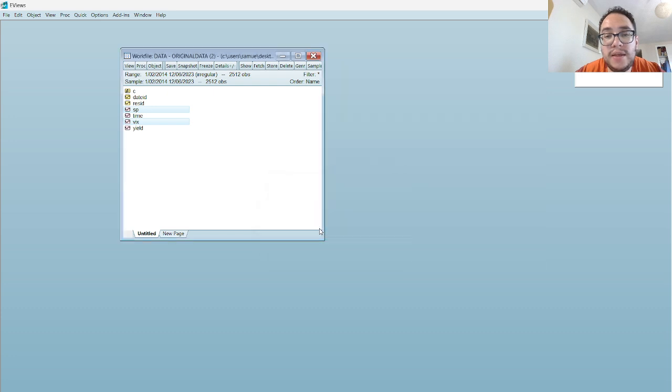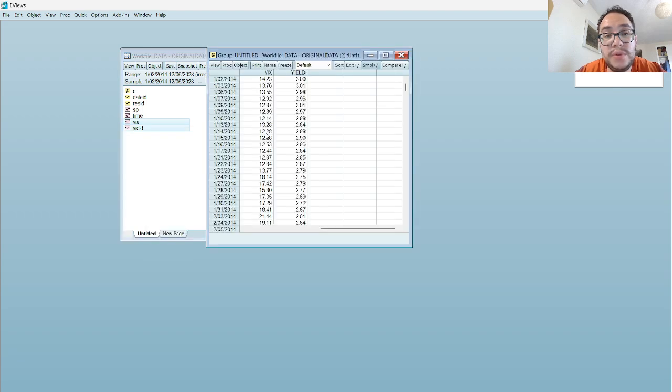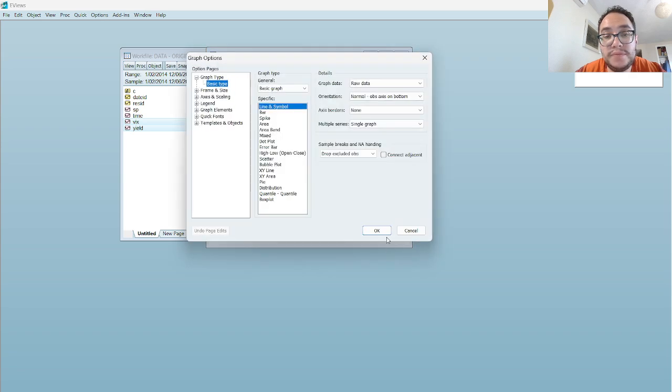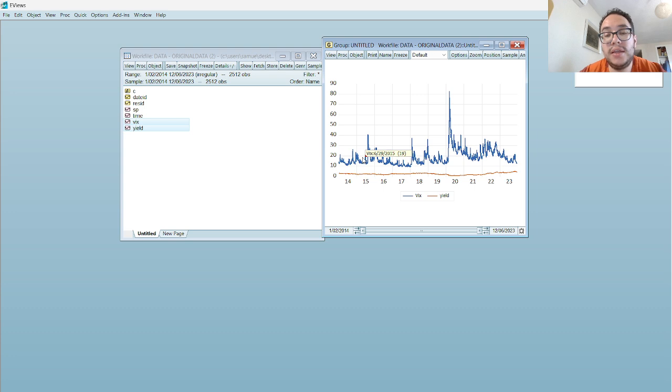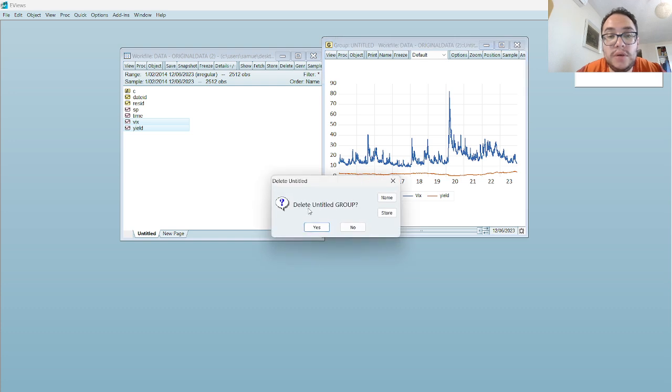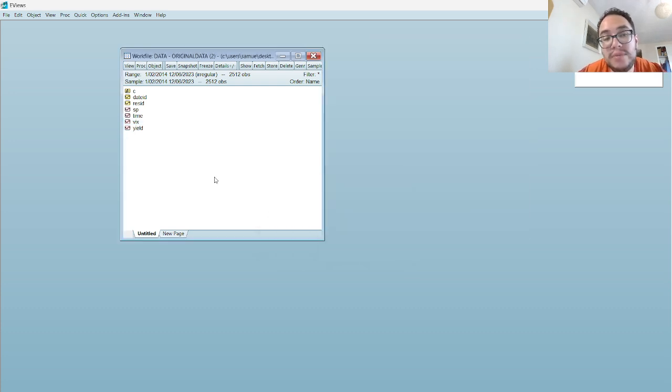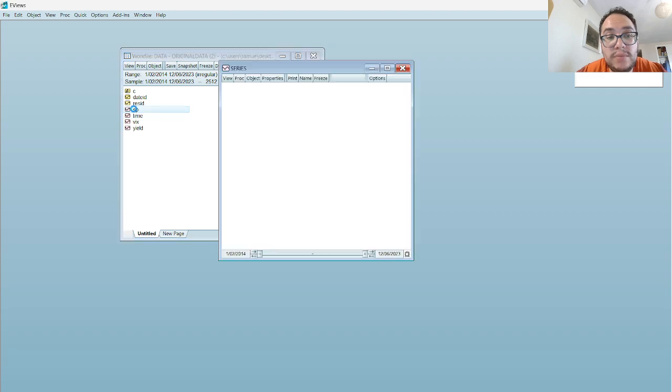But if I do the same for other variables that have a similar scale, VIX and yield, I create a group and then I create a graph. Then you can see a little bit how they behave during the different days in our sample, right? So basically this is how you can import the information and create some plots, but most of the time we